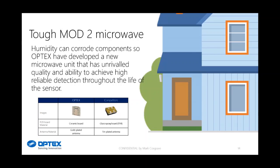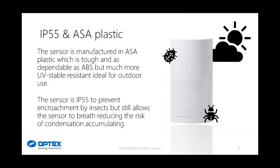So that's one of the primary reasons why we did that. Itself, the unit is IP55 and is actually made of ASA plastics. Now what this allows for with the IP55 is for the sensor itself to breathe. Now that's particularly important in areas where there is a high humidity, because there's a good likelihood for condensation to